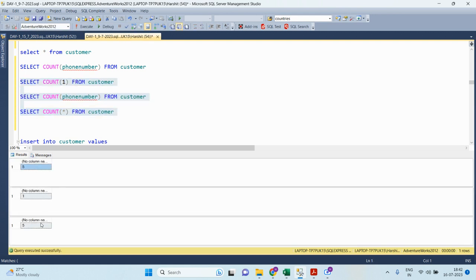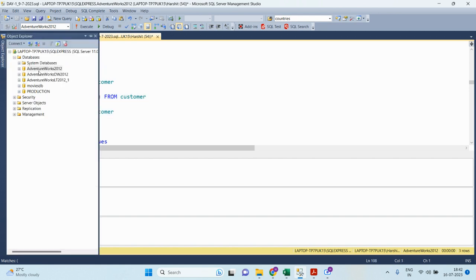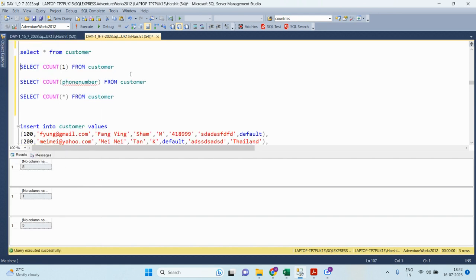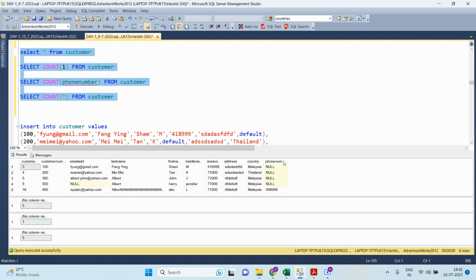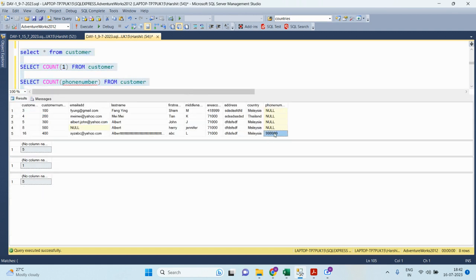So in the last one, it is giving five rows, but in the telephone number column, it is giving only one, because only one row has a telephone number. All other rows are null, right? You can see over here only one row has a telephone number. So whenever we are doing count of phone number,